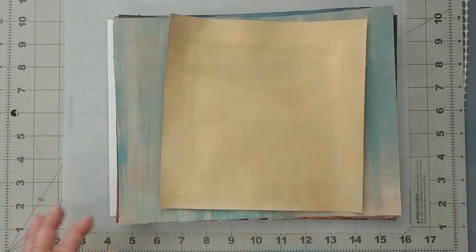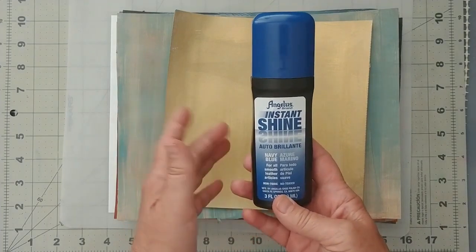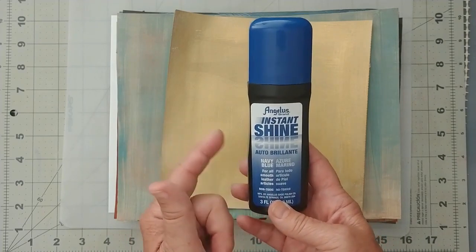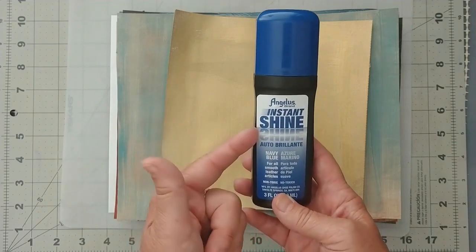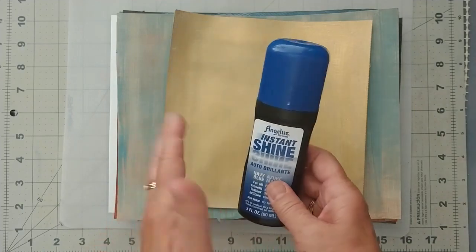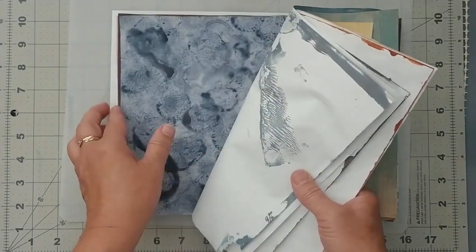When I'm making my collage papers, I also have a liquid shoe polish. Now these come in not that many colors, but this is blue. I think I have a black, a white, a red, sort of like an Albany wine red, Merlot kind of color as well. They last quite a while. So what you pay for them, you're definitely going to get your money's worth. And with that one, I made, let's see if we can find it quickly, this